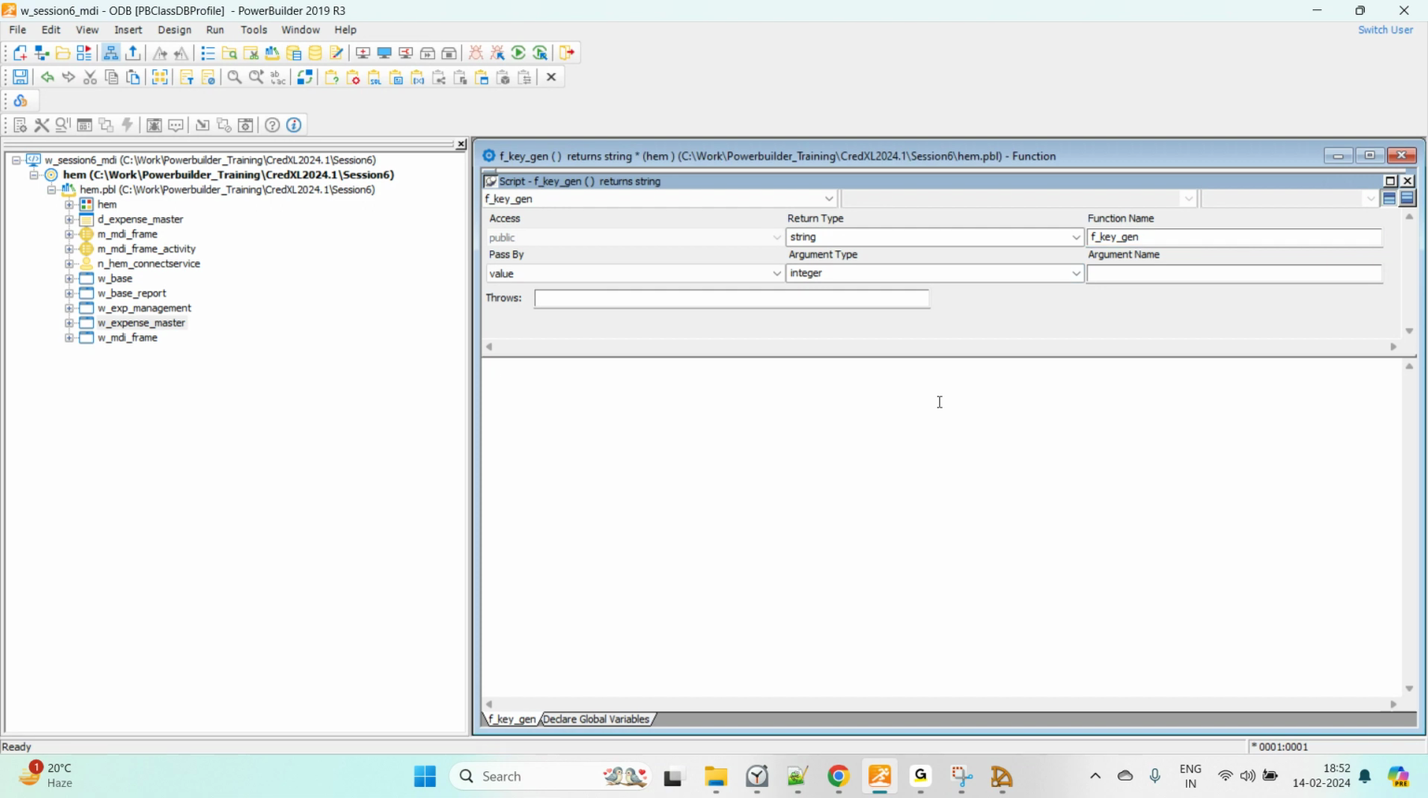And here you can say long ll next value. There are multiple logic to create an ID, but I'm just showing you one